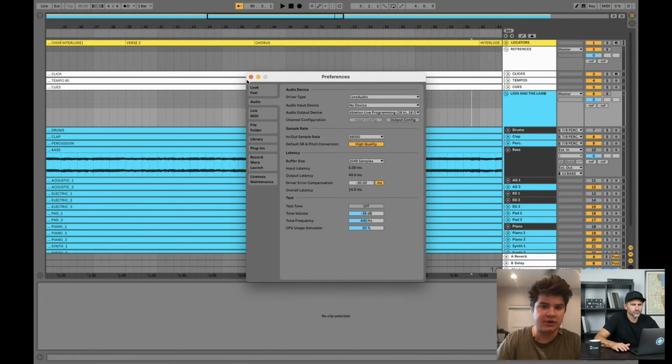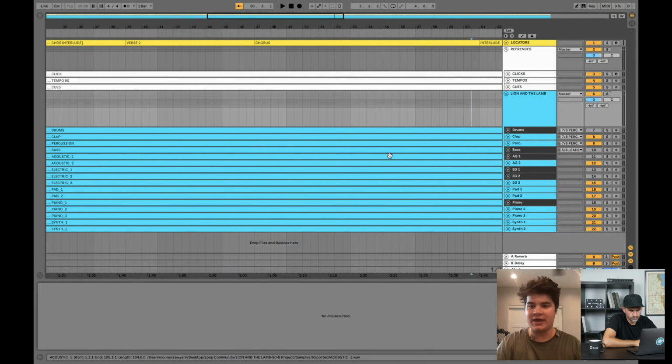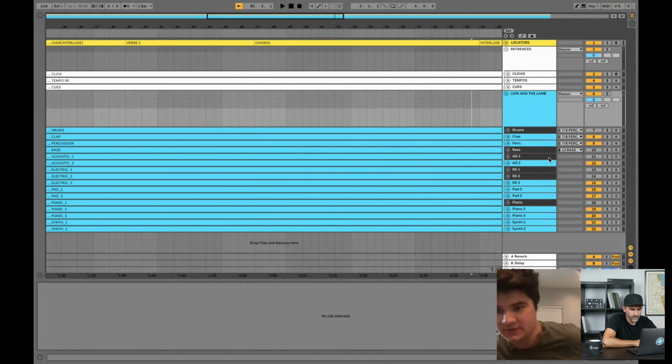So if something is routed incorrectly and they're like, I can't hear bass, front of house is going like, hey, where's bass routed? If it was routed to, let's say, leads, and they're like, hey, I'm not getting bass in bass tracks, you can clearly see it. Oh, I'm sorry, it's routed to leads. You can see it right here. And you can go, boom, bass. And that's a common mistake.